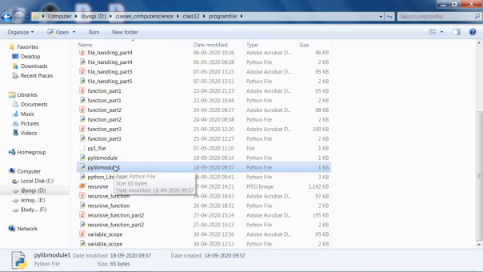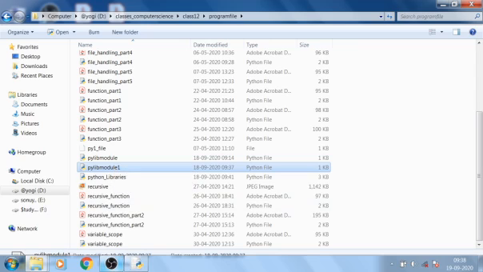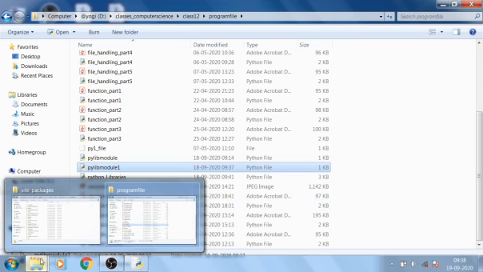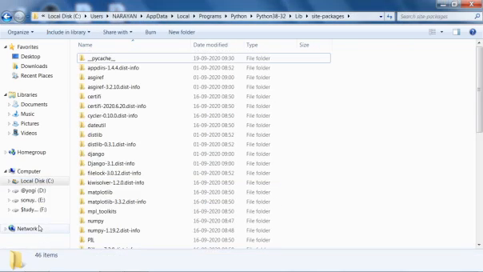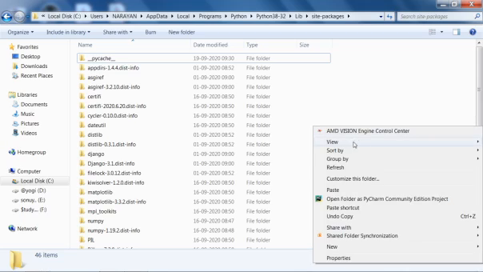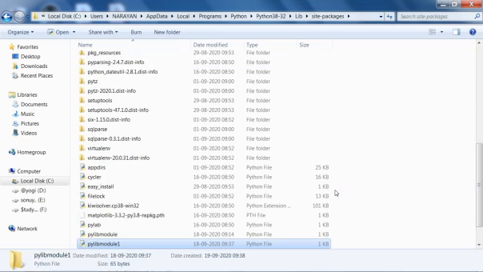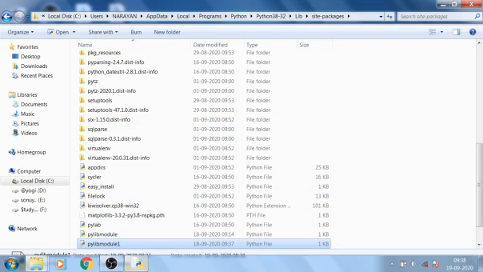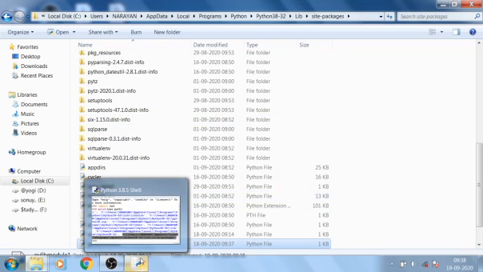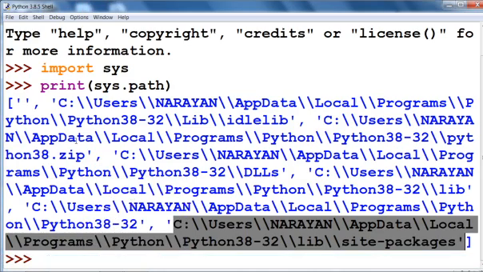Now we are going to copy this and paste it in site-packages. We can see that PyModule1 is pasted here. Now we can call this module anywhere in our program.